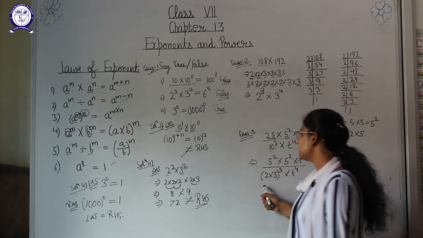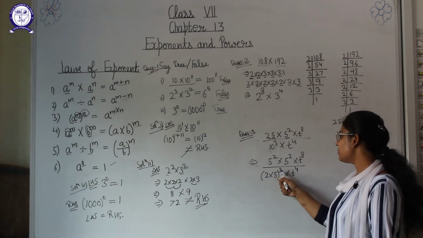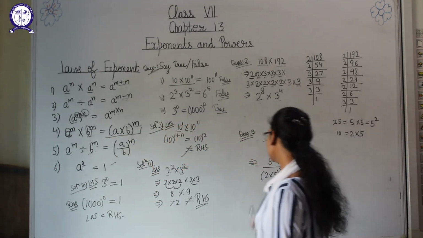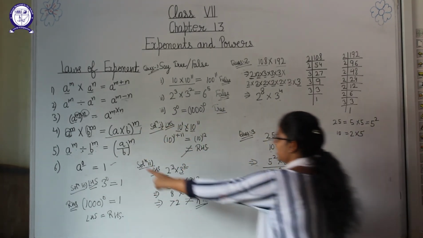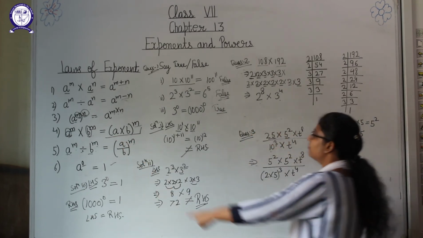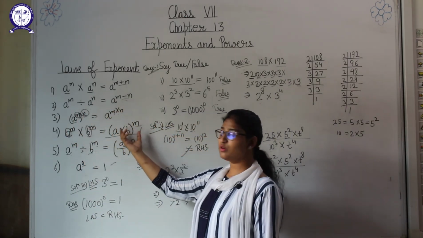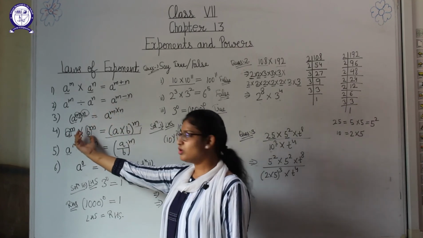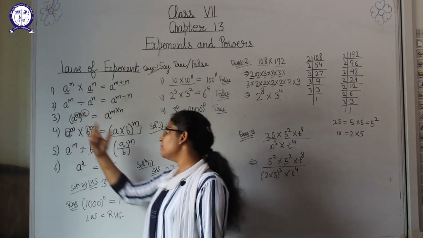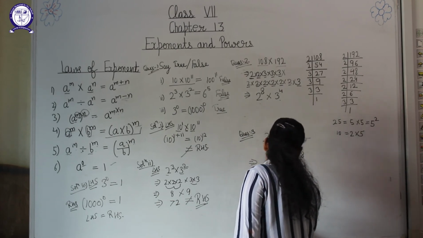Okay, now students, as we know, this can be the base, this can be the base, and this is the power, and these are in multiplication. Suppose this 2 is A, this 5 is B, and this power 3 is M. As we were coming from left to right, can't we go from right to left? We can go. It means if this is our form, we can write it in this form.